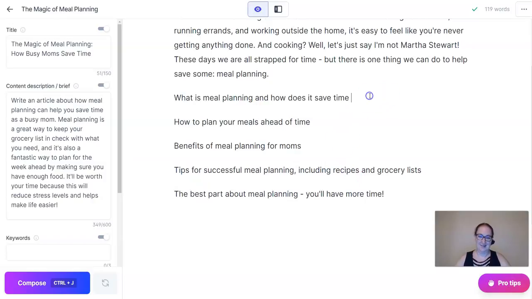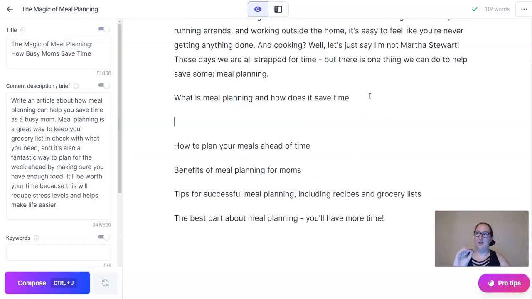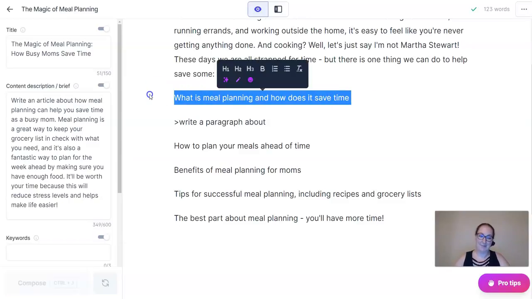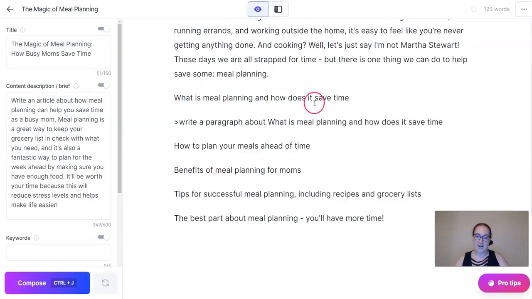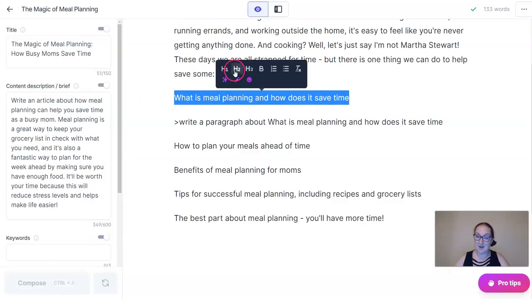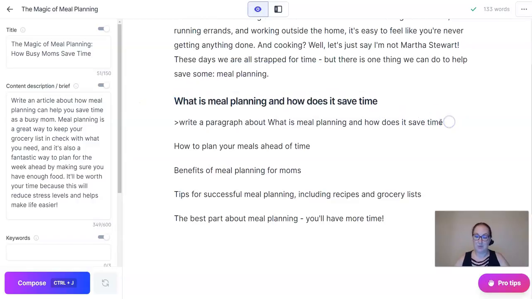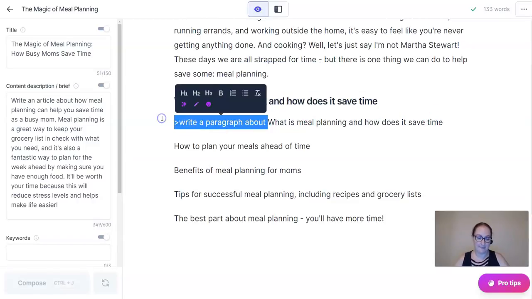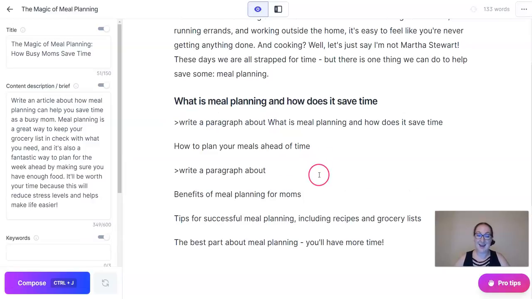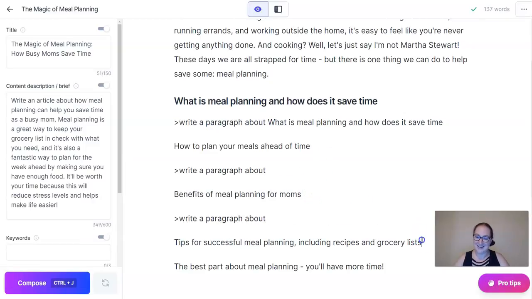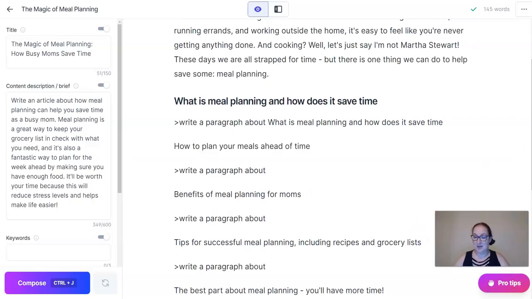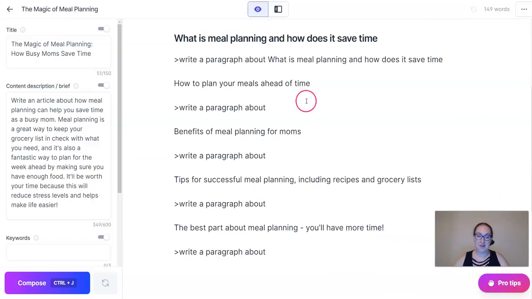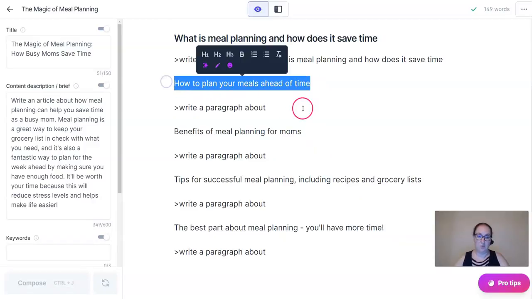I love it. All right, so this is kind of pulling from the blog post recipe that I talked about in my last video, but I just type write a paragraph about, and then I copy this phrase that I'm going to turn into a subheading. You may have seen me do that with the blog post recipe. And that is now, as of right now at least, my blog post workflow. I have the outline, and then I tell Jarvis to write a paragraph about